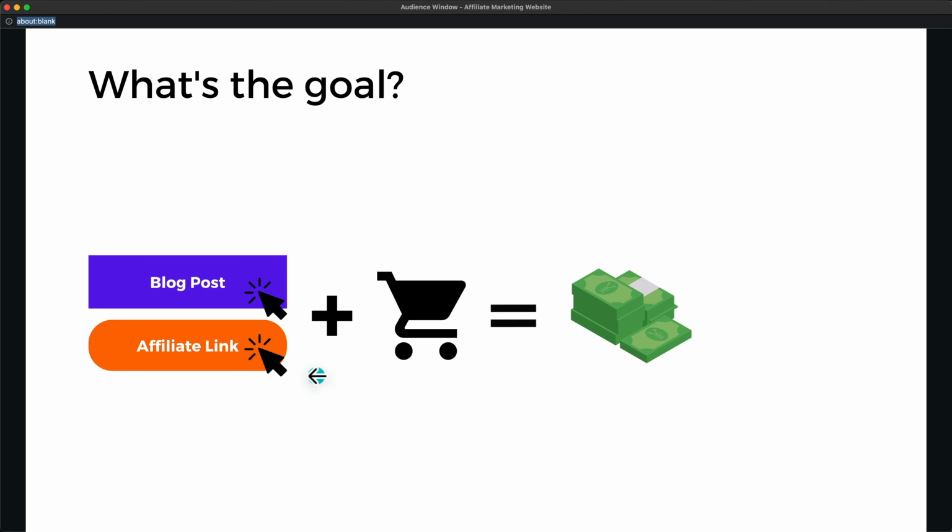It's not all about getting clicks on your links. It's also about actually people who click on those links buying something at the other side, and the product that you're promoting and that you're recommending. Otherwise, you will not make any money. So the goal is to make sure we increase each of these two elements, which is we want to get